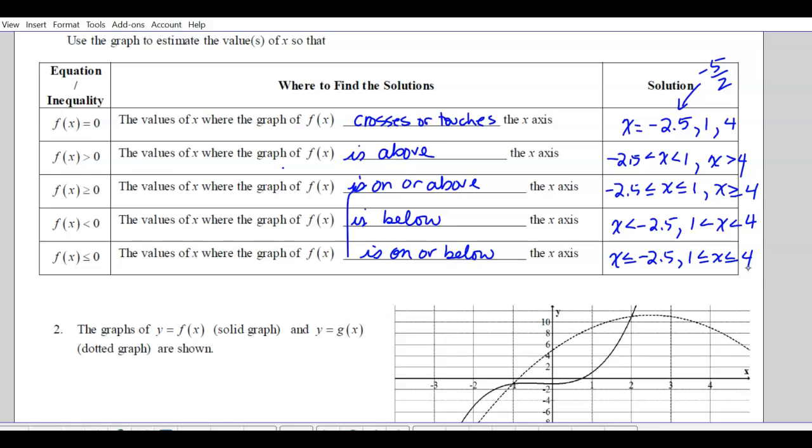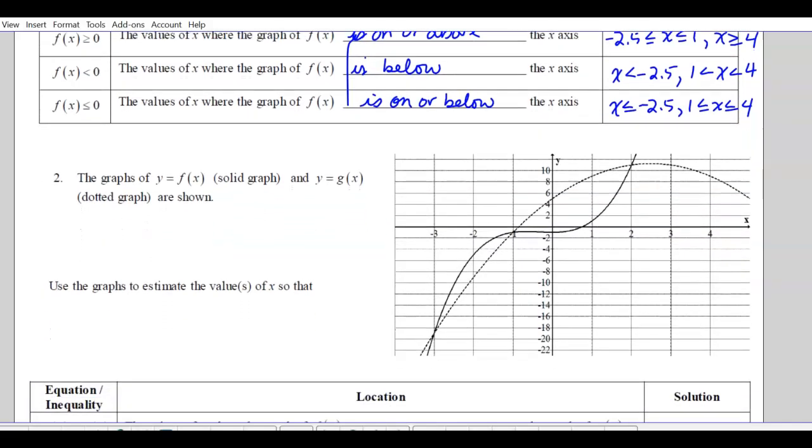When we were solving quadratics, this was one quadratic, y equals, and then we compared. It's called f of x in this case, and we're looking for where those y values are compared to 0. Now, if we have two functions, and this corresponds to maybe using our calculator, where we graph the left side and the right side separately, and one of them is not 0, then when we solved, we would just find the points of intersection. But now we may have inequalities where we're told f of x is greater than g of x. So what x values does that